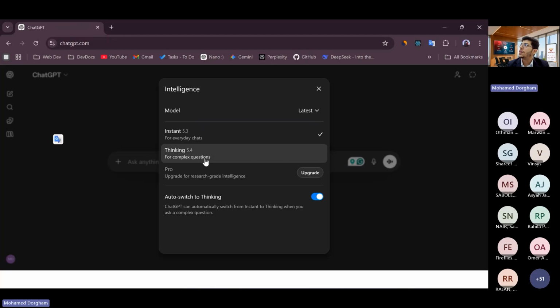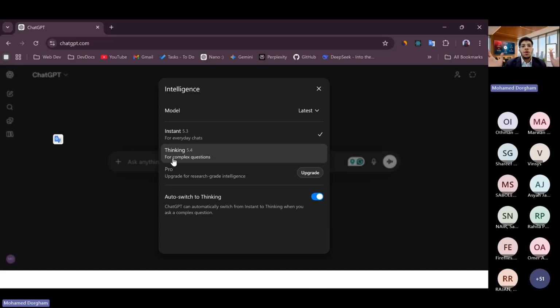And if I open the configure here, I can see even what are the different models out there. So I can clearly see that today it's the 31st, 2026. We can see the family of GPTs. We have this one, 5.3. This is the GPT that I'm currently using, and there's another one called Thinking. Yeah, the Thinking is actually GPT 5.4. Now you can see they have different series of GPT. We have GPT 5.3 and GPT 5.4, and we have here the Pro version. Of course, if you want to get a Pro version, you will get a much extended way.